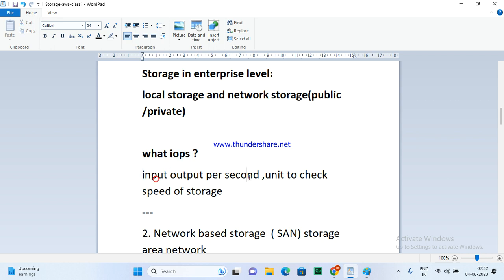Input, output per second. In one second, how much data can come in, how much data can go out, because your hard disk is a transactional hard disk. Some people are just taking the data out, some people want to read the data, that is called reading and writing, right? Some want to store it. Store means what? Storing input. Output means what? Getting the data back, that is called what? Output. You need to check the speed of